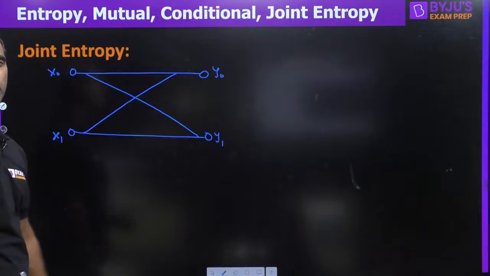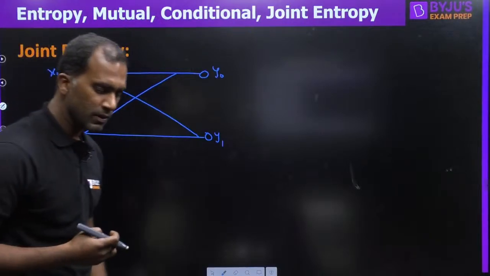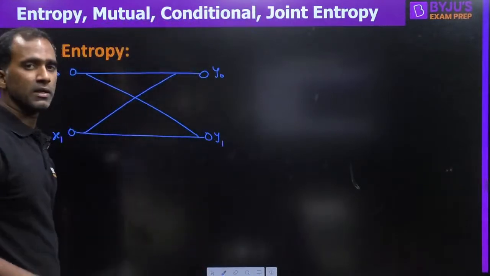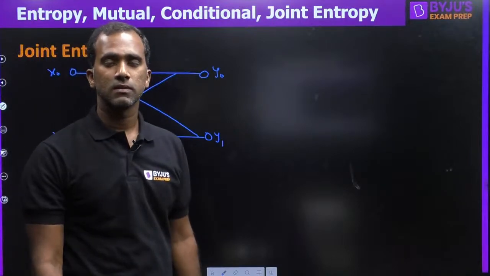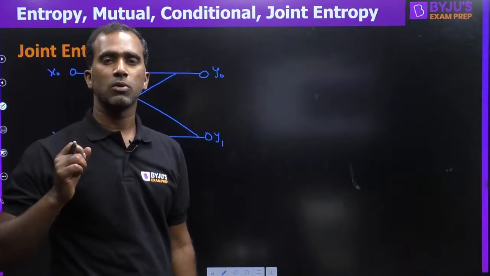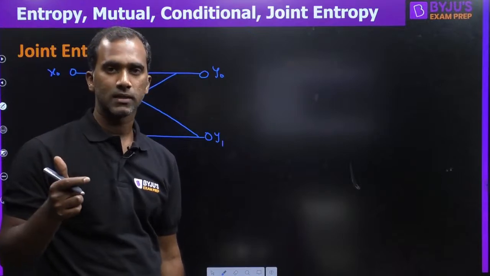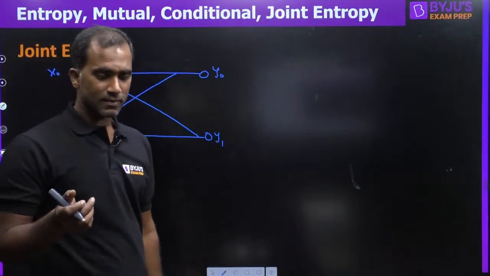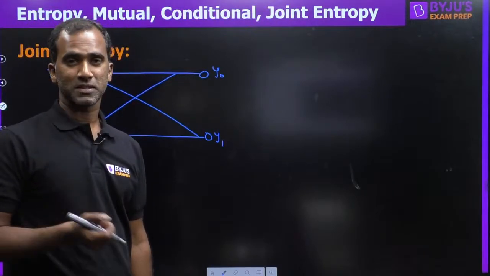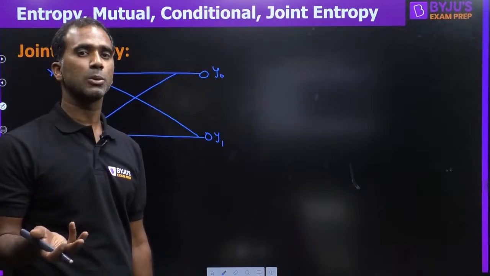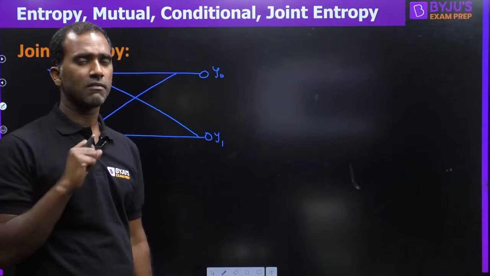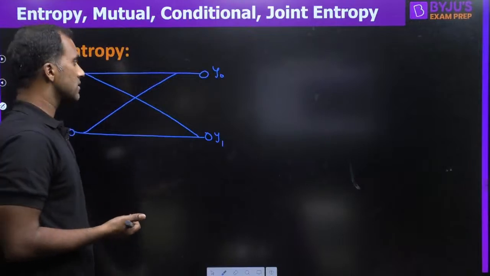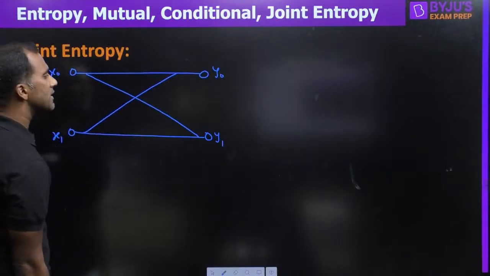So joint entropy talks about joint probabilities. When you're talking about entropy, you're dealing with probabilities. You're dealing with symbols and their probabilities, right? So since you're talking about joint entropy, you're going to deal with joint probabilities. Whenever somebody uses the word joint, they're talking about intersection. And means intersection. When they're saying conditional entropy, they are going to talk about conditional probabilities. Conditional entropy deals with conditional probabilities. So now we are going to derive each and everything in a logical manner so that you'll not forget things. You don't need to remember things by heart. If you remember the concept, you'll get everything.